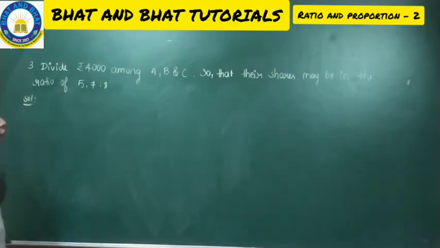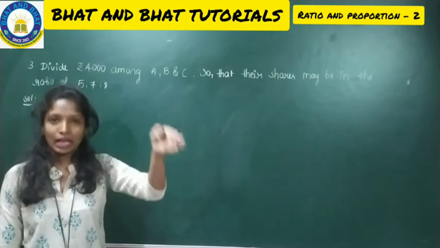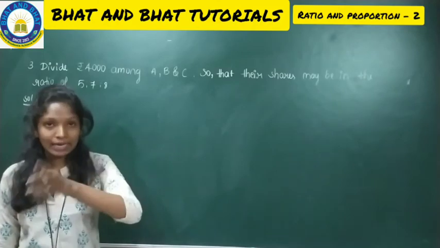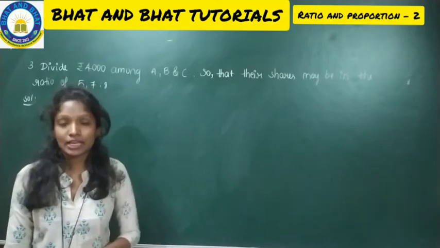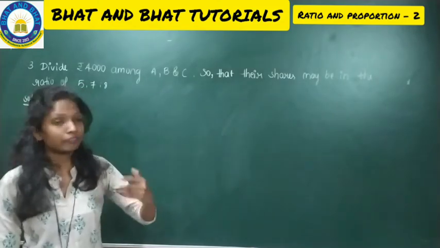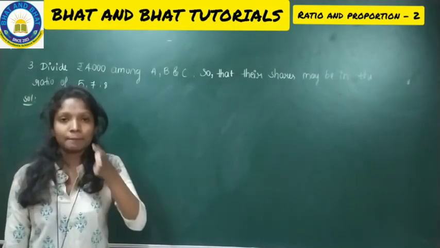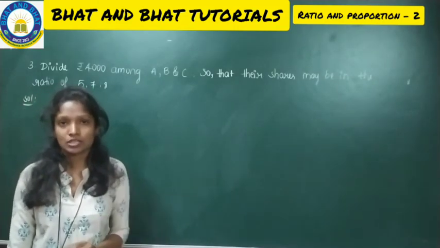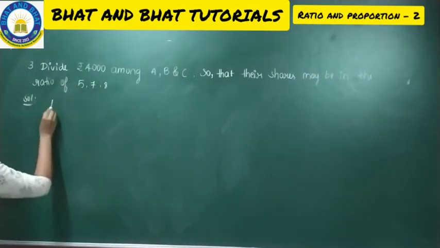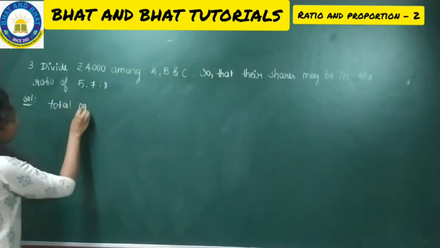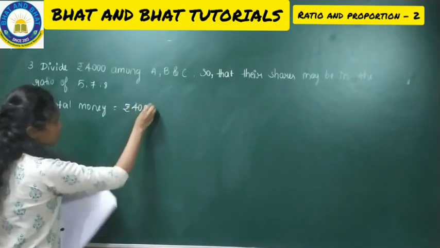So there is the amount of 4,000 and in front of me there are three people, A, B and C. The ratio of A is 5, the ratio of B is 7 and the ratio of C is 8, where I have to start dividing the amount 4,000 among these three people, A, B and C, in their ratios respectively. How to divide that? We'll have a look into it. So what is the total money I have? The total money that I am having is rupees 4,000, isn't it?